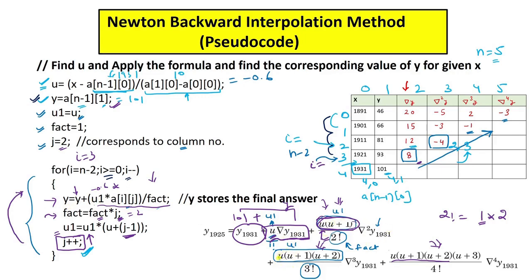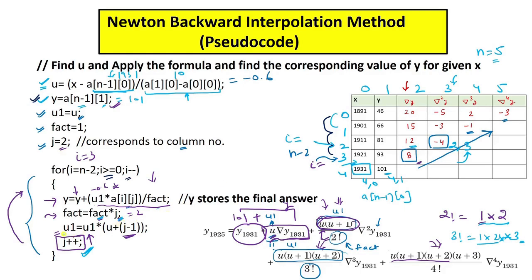Now I will come to the preparation of this thing. So I need u1 and fact. Now this fact, 3 factorial, can be written as 3 multiplied by the previous thing. The previous thing was 1 multiply 2. So 1 multiply 2 is actually saved inside the previous factorial, and I need this 3. So I'm simply saying j, because j is currently 3.